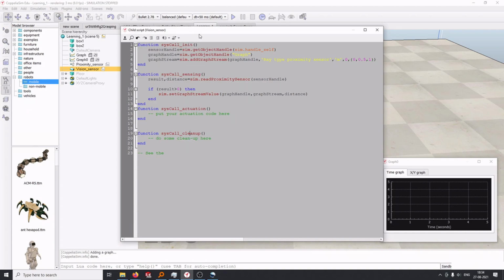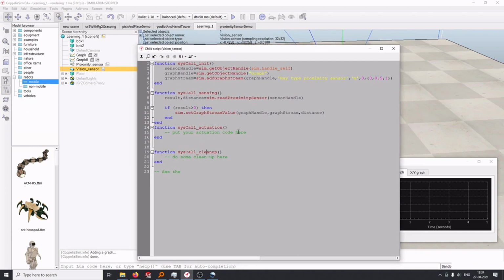Okay, so we'll see what's happening here this time in a bit more detail. This sensor handler is basically an object for this vision sensor. This sim.handler self will get the name of this object. So here, in place of this, we can also write VISION_SENSOR. So this is equivalent to the name of the sensor.